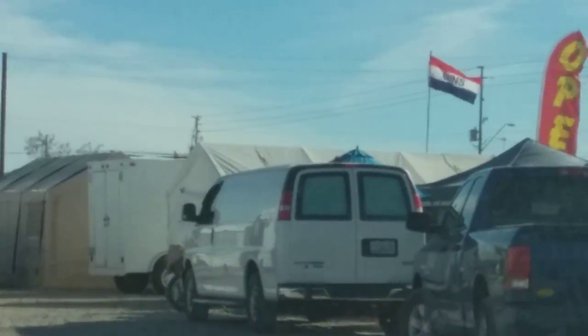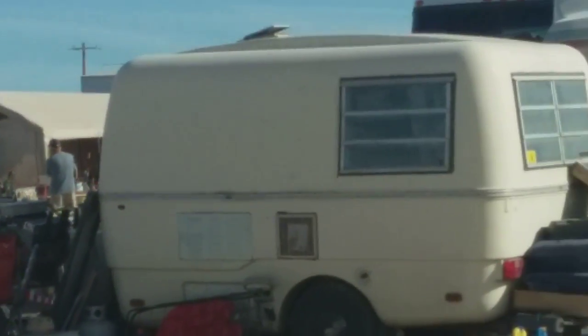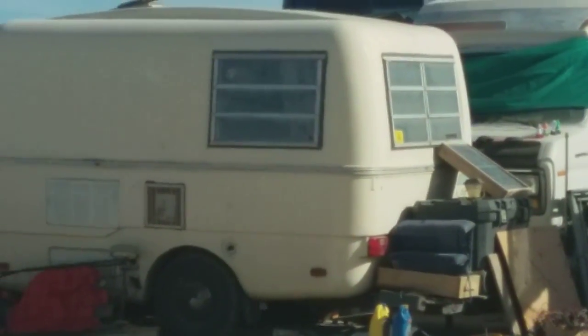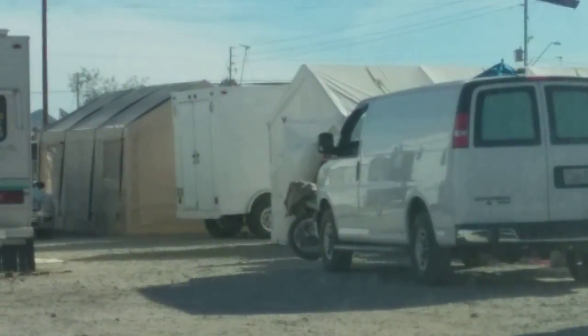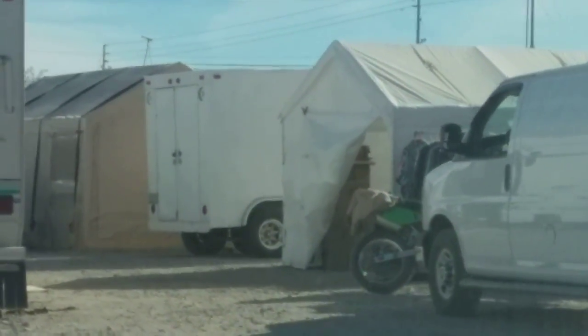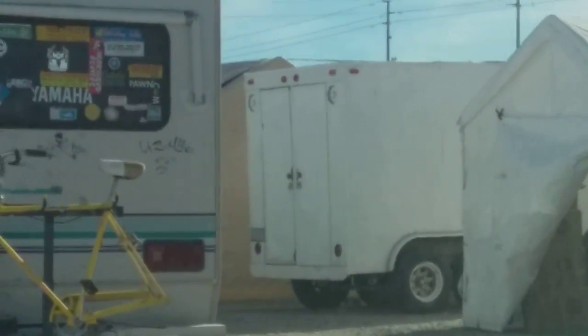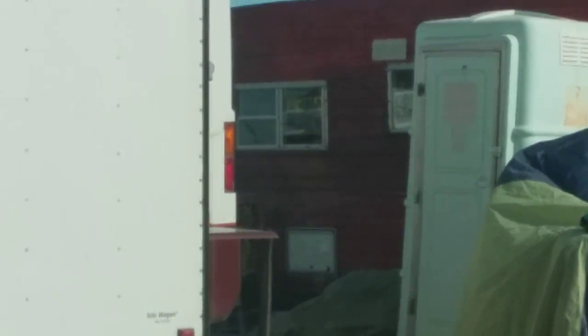Oh, there's a little casita over here. Let me see, am I getting it? Oh, there it is. Now, those things last for years, y'all. They have a fiberglass shell. And I'm at a dead end here. So the fiberglass shell prevents you from having the dreaded leaks, which is the number one thing that ruins any